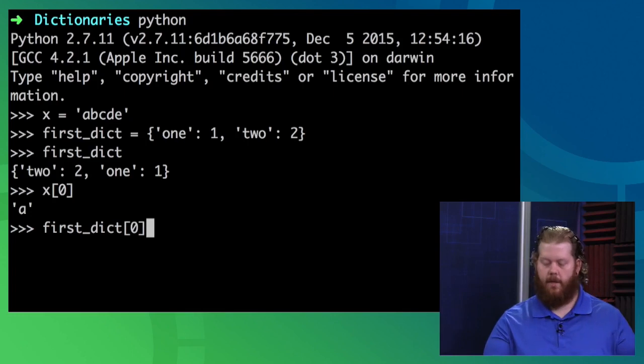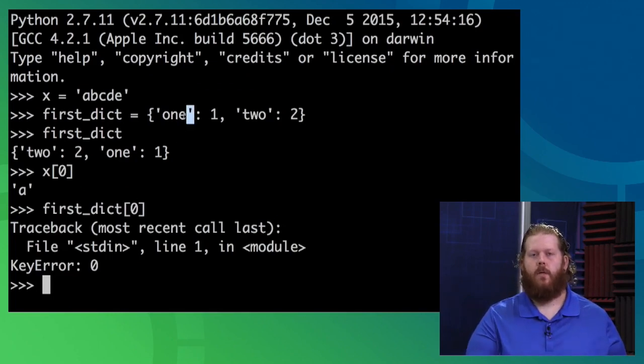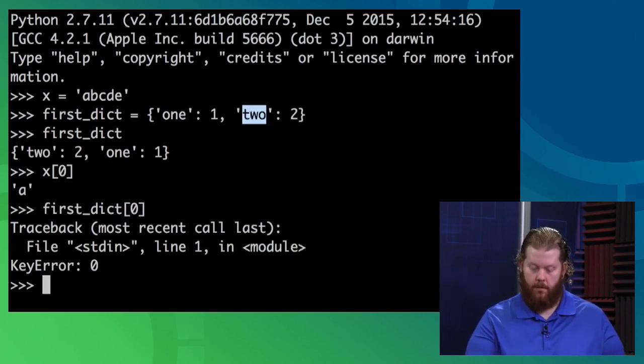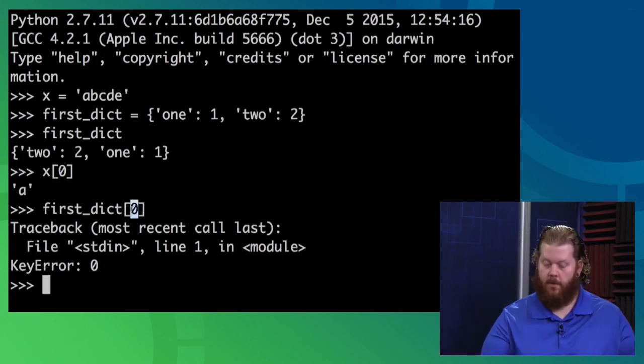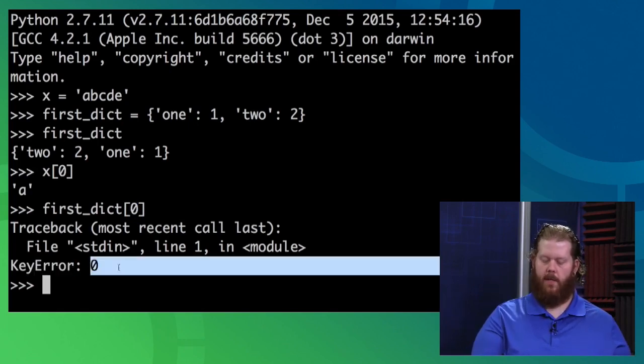If I actually try to use a lookup, this is a common error we'll run into with dictionaries. I have the string 1 and the string 2. I don't actually have anything associated with 0, so I get a key error, and it'll actually tell me what key it is.